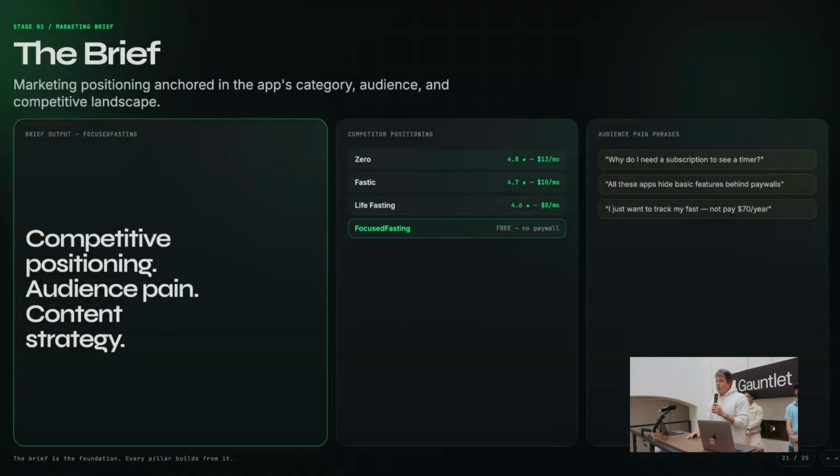It really starts with the brief. Once we get the handoff for the app, we create a brief that says, here's what this app is, here's what it does, here's its competitive positioning, here's what the messaging should be. And then we need to generate screenshots. And the way this works is